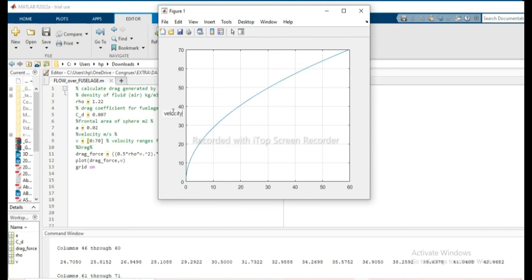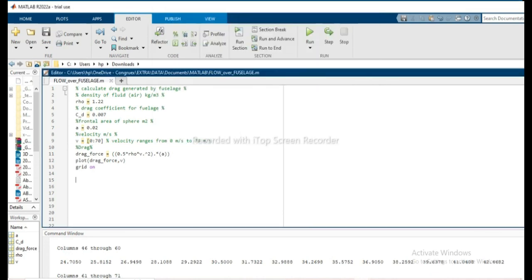So this is velocity, and this is drag force at 0.007 CD. CD of 0.007. So this is the graph. So you can also